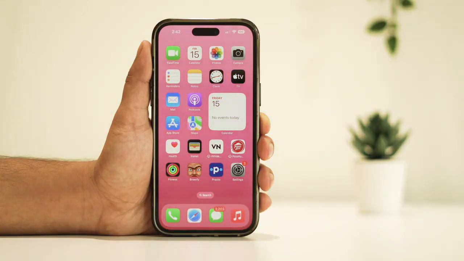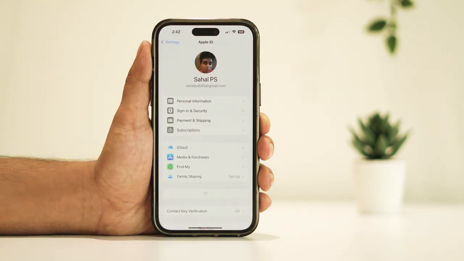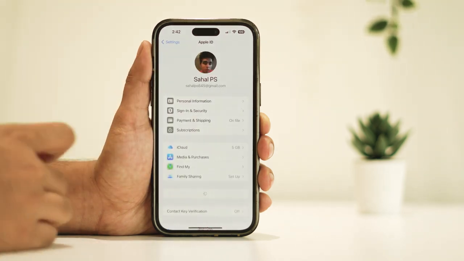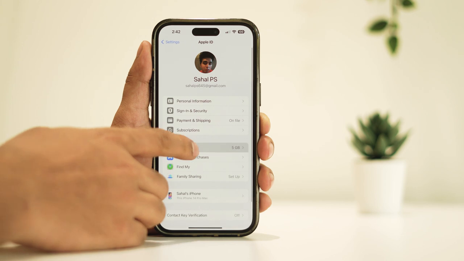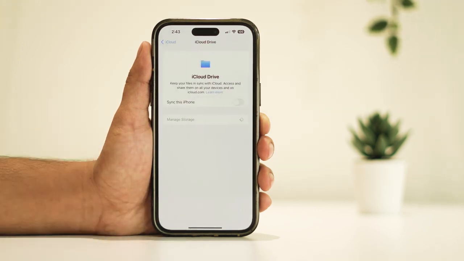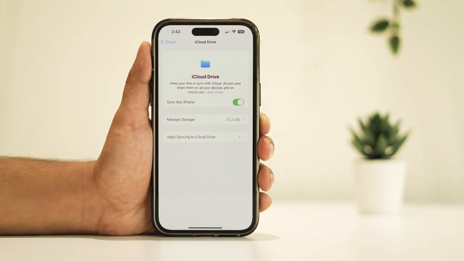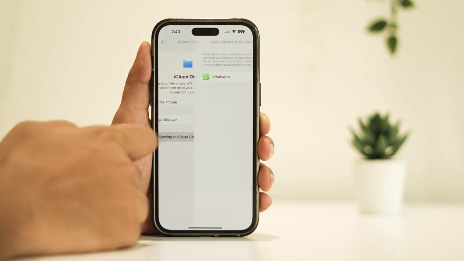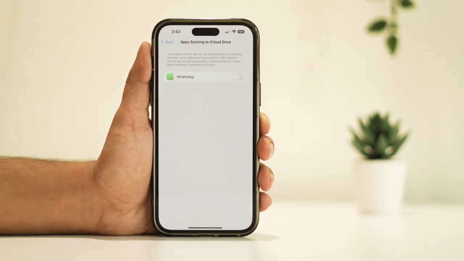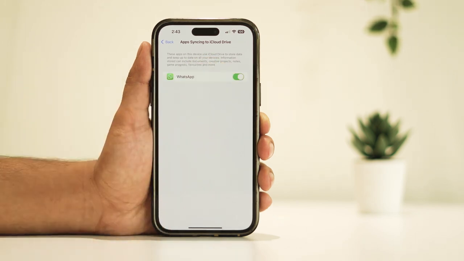Once the iPhone restarts, head over to Settings, then tap on your Apple ID name at the top. From there, select iCloud and then iCloud Drive, and toggle the switch back on to re-enable syncing. Then tap on Apps Syncing to iCloud Drive and re-enable syncing for all apps. Doing this will most probably sort out the issue, if it hasn't,